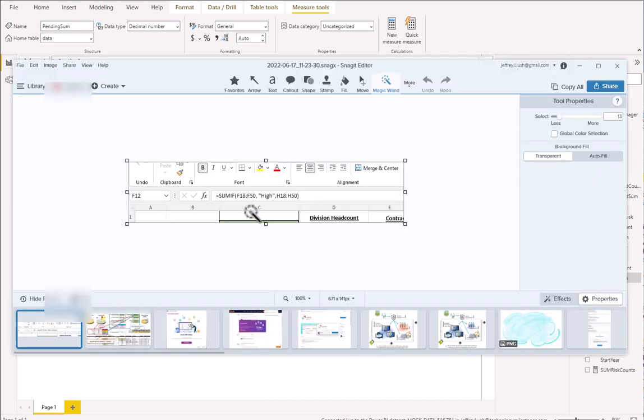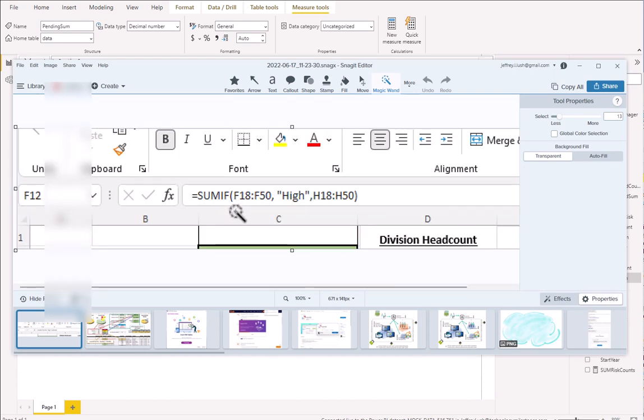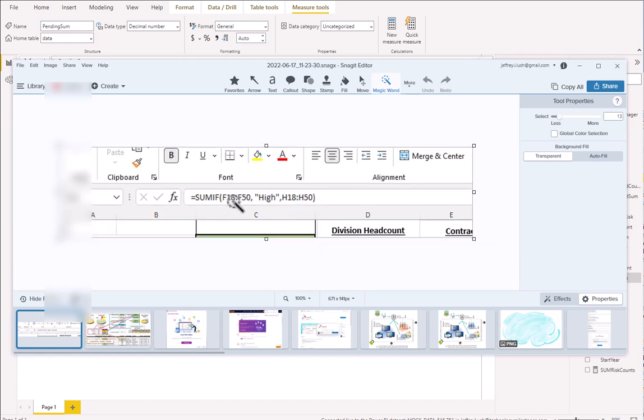I just did a quick copy and paste from a spreadsheet that I have, but you can see here kind of that equation as well. This would be a SUMIF in an Excel spreadsheet. SUMIF and then the range equals high, then go to this other. Notice this is F18, this is H18. F18 is where the text high is, and then we want to only grab those fields in that same range, but the H range, which is the gross profit